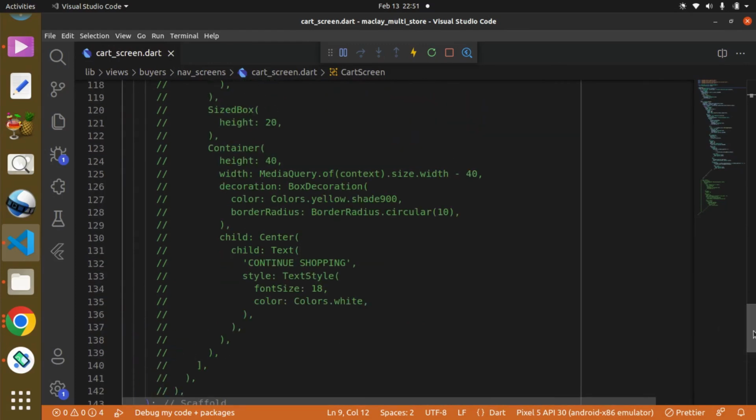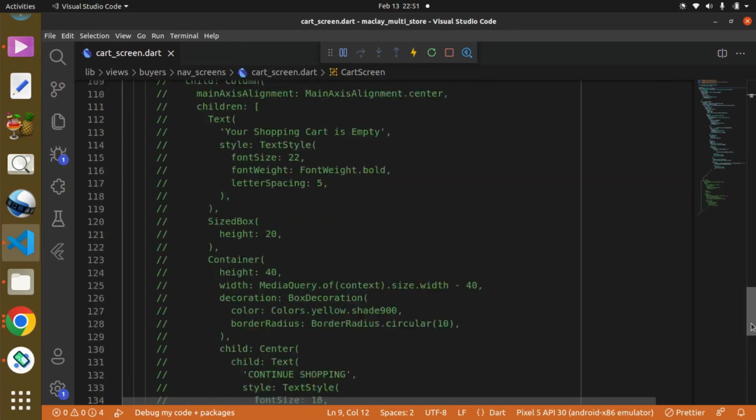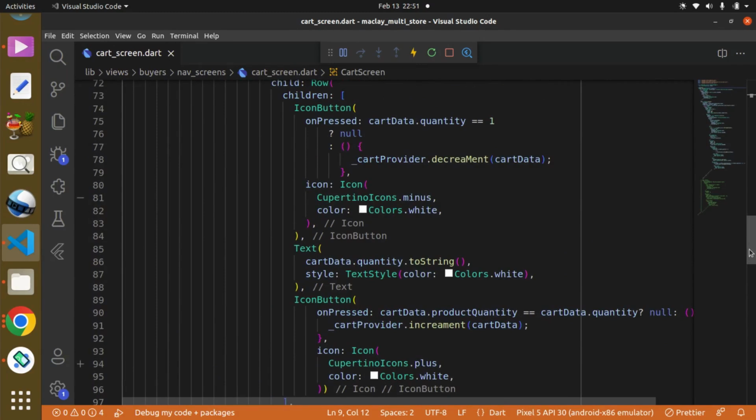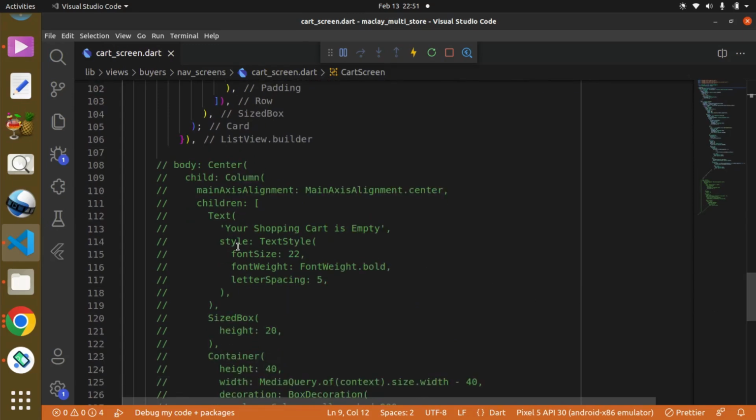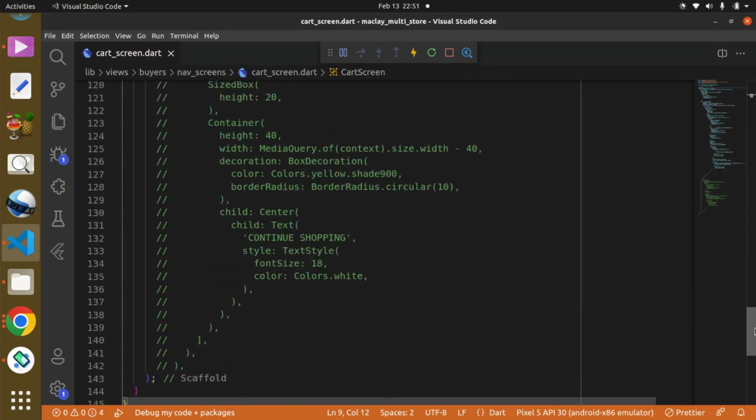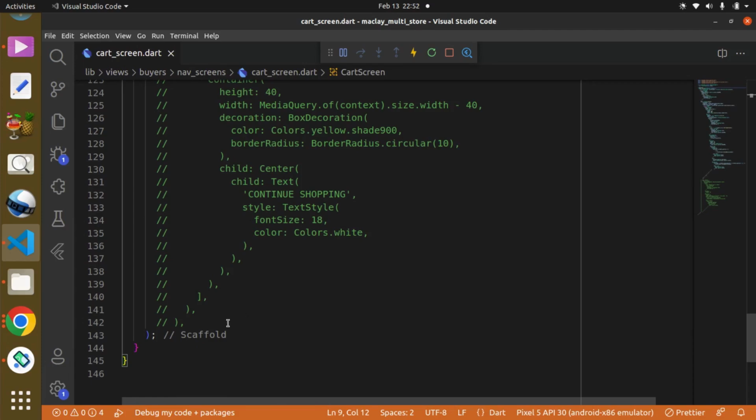Do not worry, we are going to be using this later because in the future we would have a check: if no product has been added to cart, then we should be able to display this text which will say your shopping cart is empty. We are going to be doing that in the future, but before then, within the scaffold it has this property